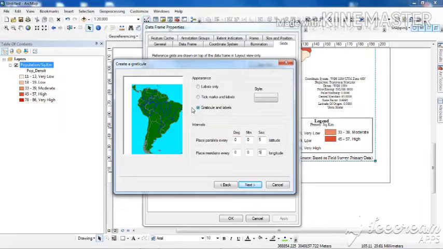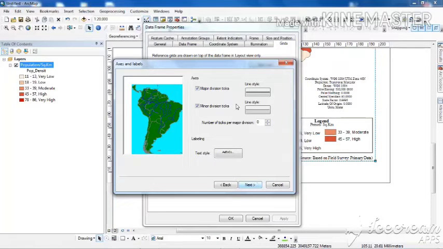And how will it represent? It will represent in the form of this. You just see, graticule and labels means it will form a grid. It will be represented in the form of a grid. If we want that, then I will put like this. If we need labels only, then I will use this. But I need tick marks and labels. So why am I using this? Because if we have the tick marks, then we can georeference very easily. So that is why I am taking this.